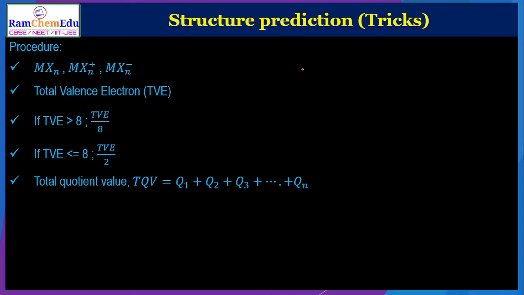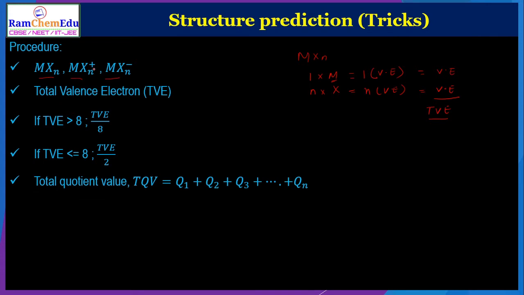And for calculating the total valence electrons, you have to take the formula provided. If it is MXn type, you have one M atom and n number of X atoms. So 1 into the valence electrons of the metal, or any central atom, and n into the valence electrons of the atom X, and we have to add these. This is the valence electron of M and this is the valence electron of X atom. Then you have to count the total valence electrons. This is the way we are counting.